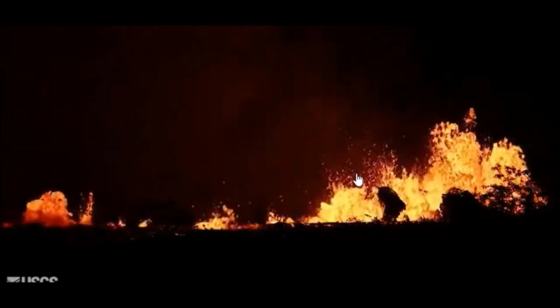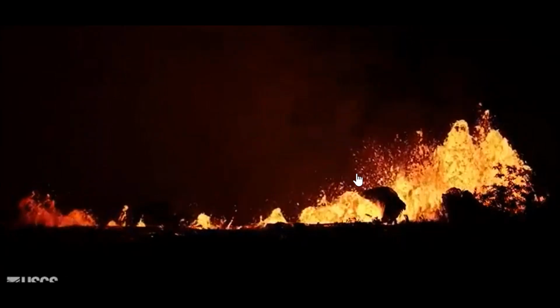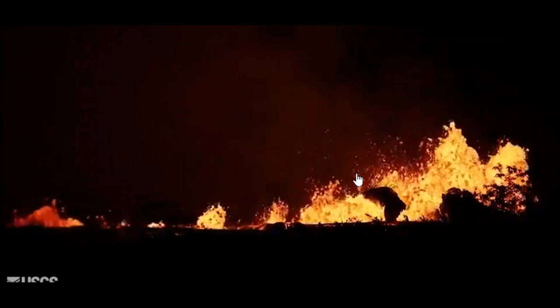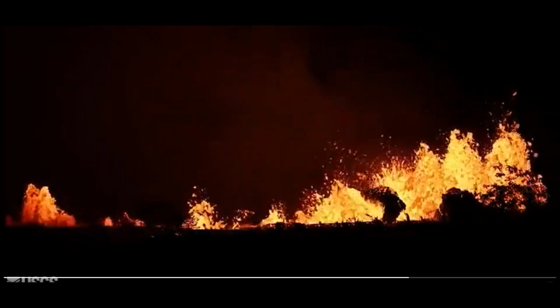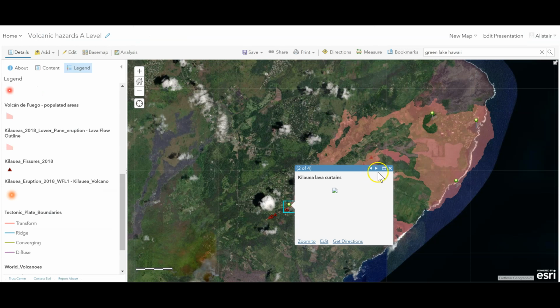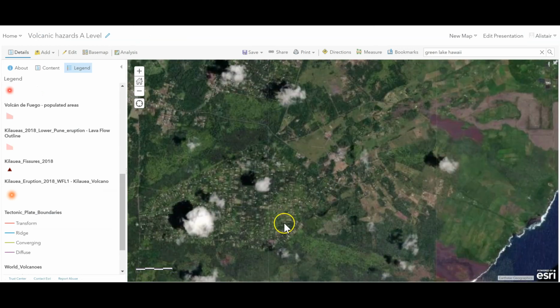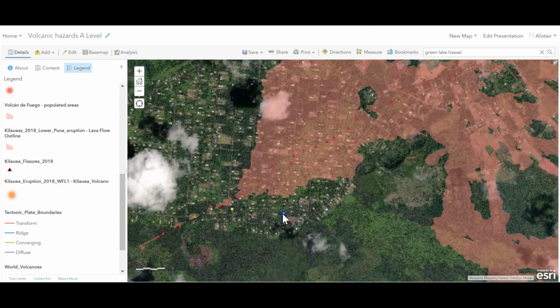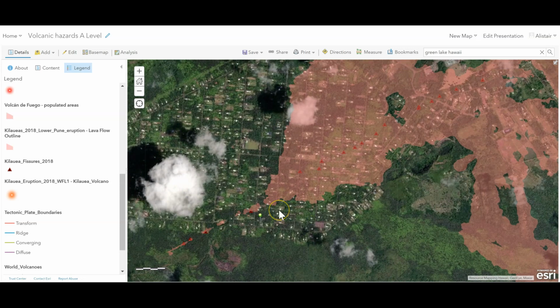In terms of your social impacts, these lava flows are relatively limited in terms of the impact on life in particular. So that's the lava fountains coming out. Let's go and have a look a little bit further in here at the nature of this. They're not going to really cause much hazard in terms of the death risk from people, but